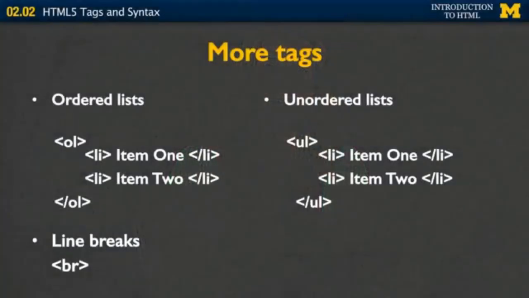Two additional tags that you'll find you use a lot are the list tags. If you put in the tag OL, that stands for an ordered list. By default, it's going to put each list item as 1, 2, 3, etc. You need to make sure that you end each of your list items before you start the next one. And you need to make sure that you've ended all your list items before you end your ordered list.